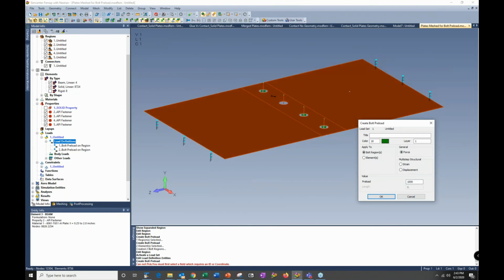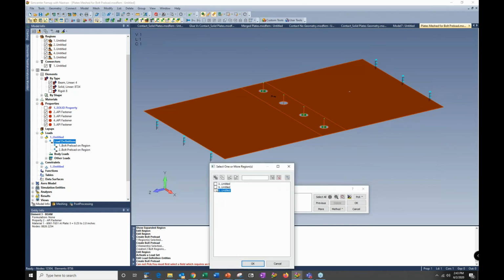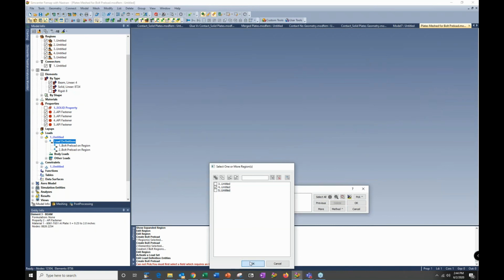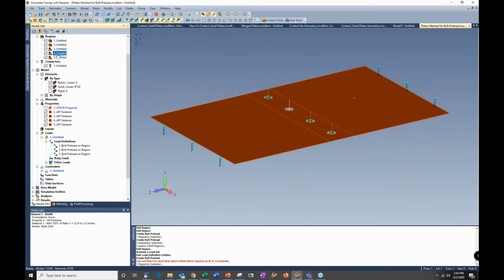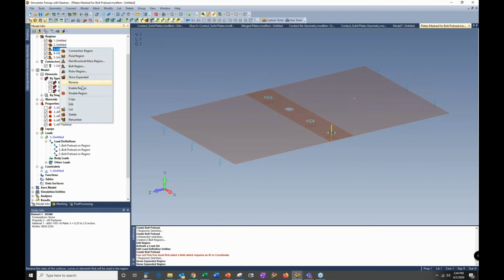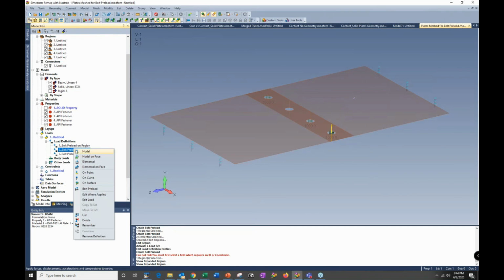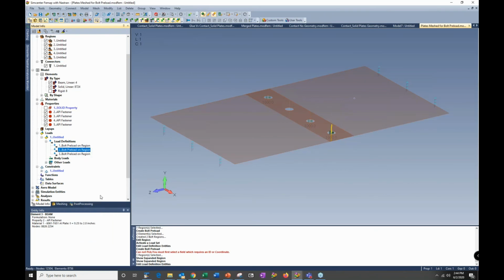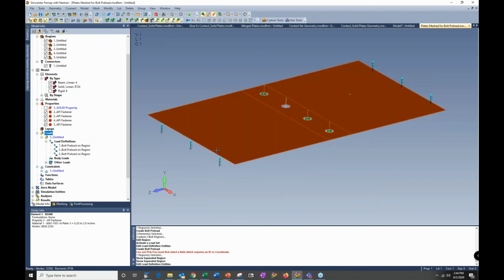Oh, I'm getting a little tied up here. Okay, now it wants the region. I think that is 4. All right, sorry, I'm getting a little tied up here, so we will fix this real quick by just